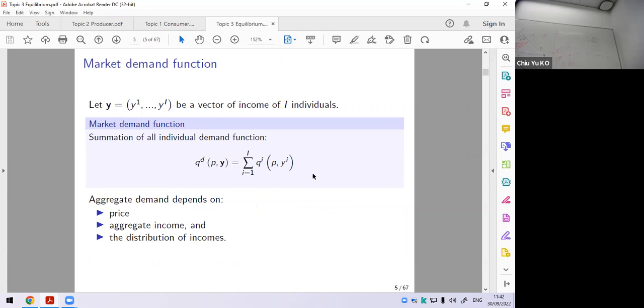Okay. So here we define one thing that you have to be a little bit slightly careful about. What we call market demand. Market demand is, at the same P, you sum all the guys. There's a common mistake when you teach intermediate micro or the undergrad, right? If you try to draw this diagram,